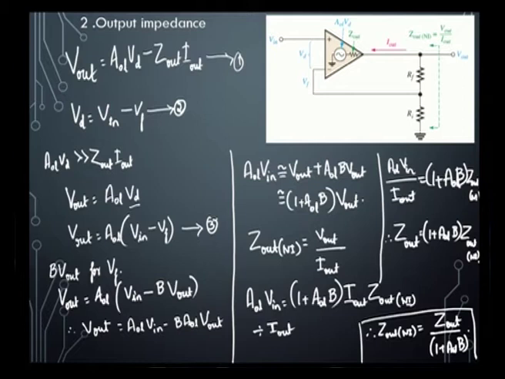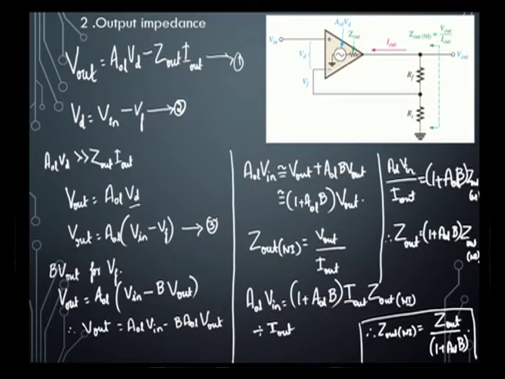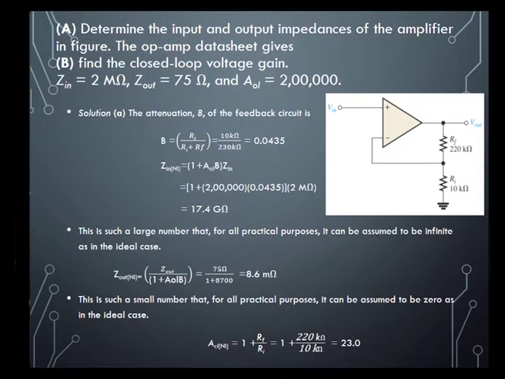Here we also need to observe that this Z out has negative feedback, and it has an internal output impedance along with this, and this will have a much lesser value. The output impedance is of lesser value than the input impedance. That is what we can observe from the expression that we got for the output impedance. Next, we are going to deal with an example.